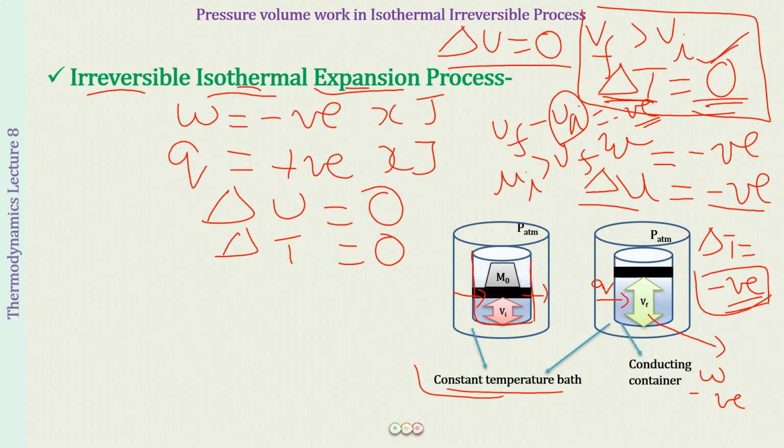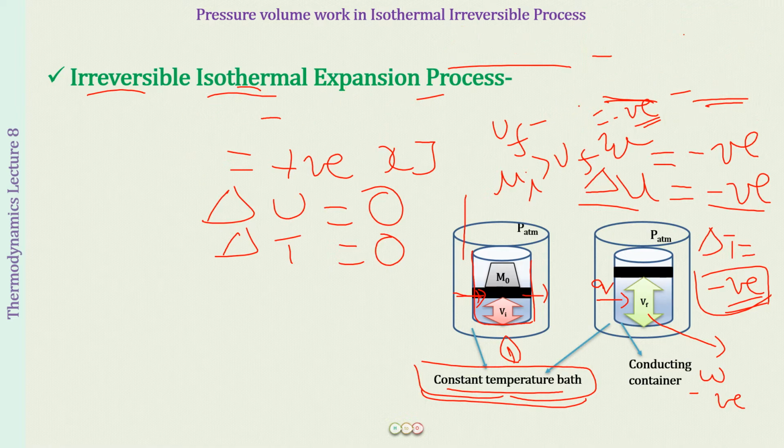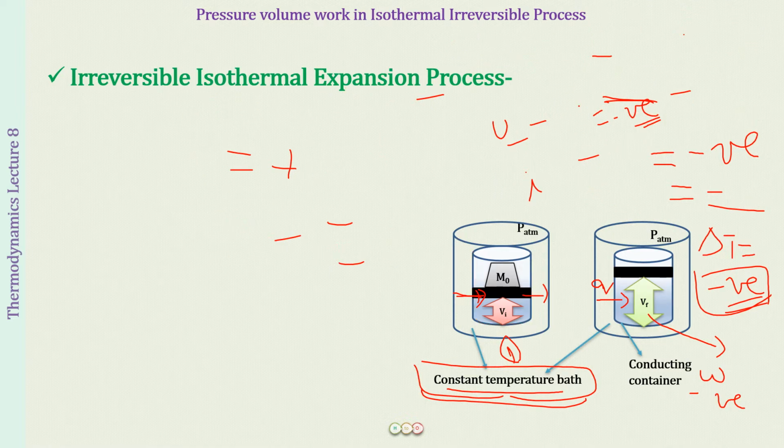Now what happens to the water bath? Well, we have to maintain this at a constant temperature. So if it is going to supply some energy to the system, obviously its temperature will fall, but we can keep a thermometer over here to check that the temperature is falling, and we can supply heat to this so that the temperature remains constant. Okay, so this is how this process can be completed for maintaining the isothermal conditions.